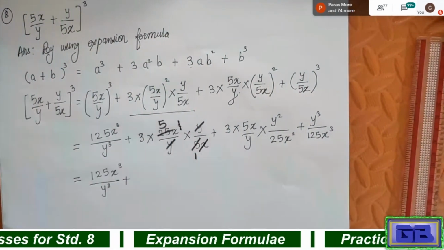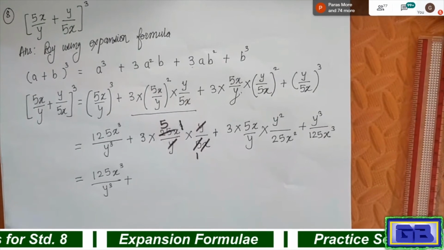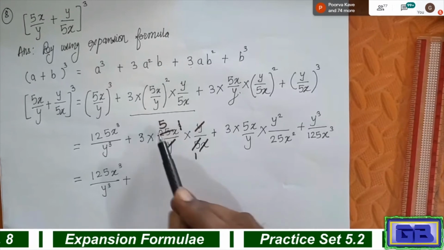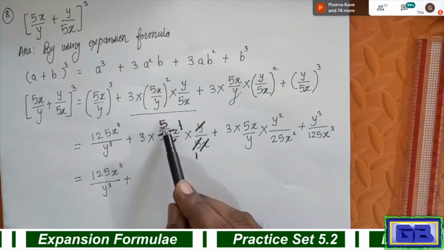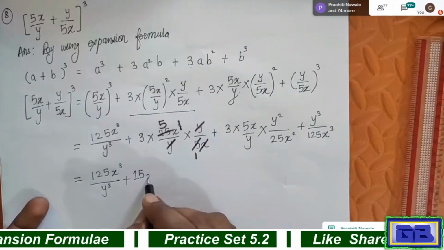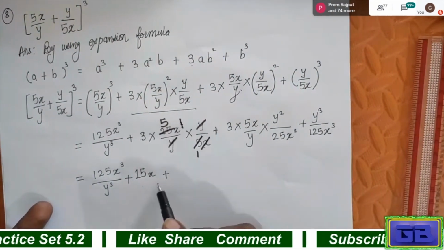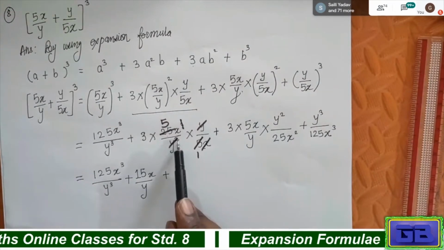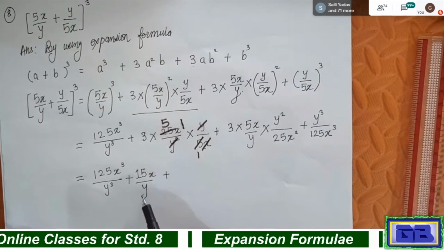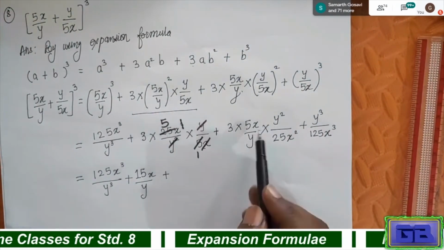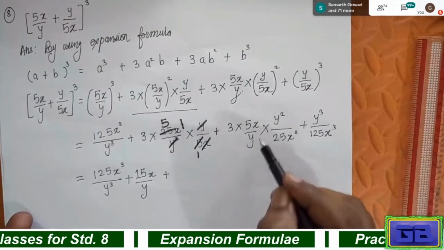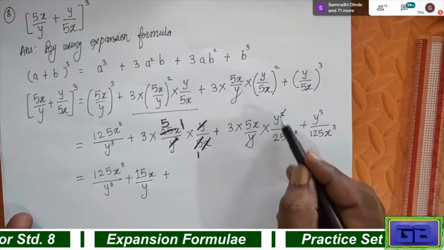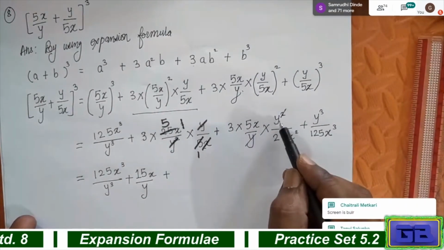Now what things are left here? Check it properly. 3 is there, 5 is there, and x is there. 5 3s are 15x, and now plus sign. Here y is there, this 1y, and from here the square, 1y will get cancelled and 1y is left here. Solution for these terms. And now similarly from here y is there, y square is there, we will cut this square, it means 1y is left.